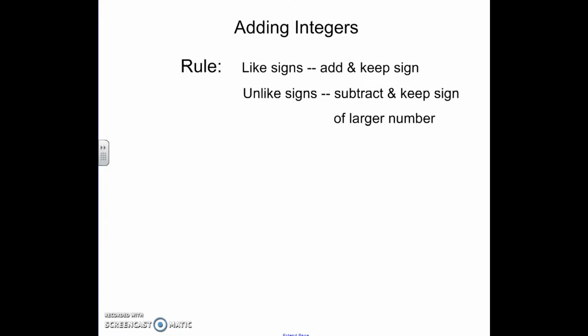In this video, we will be adding integers. What that means is we're going to add positive and negative numbers. We have the rule written here for us. It says if we have like signs, you're going to add the numbers and you're going to keep whatever sign they have. For example,